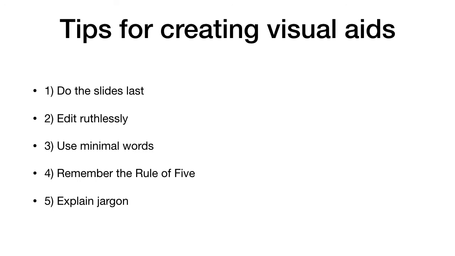FYI stands for for your information, right? BTW stands for by the way. If the acronyms on your slide are not well-known like BTW, if they are specific letters, you need to explain and tell the audience what they stand for. Okay,